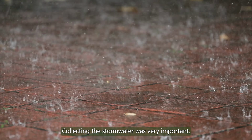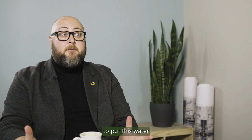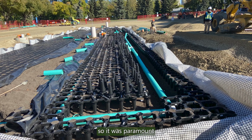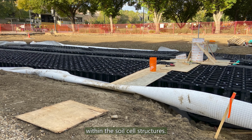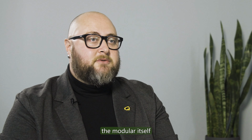Collecting the stormwater was very important. We had to find somewhere to put this water and have to design for a 1 in 100 year storm event. So it was paramount that we were able to hold as much of that water as possible within the soil cell structures. We chose Stratavault for this project for several reasons, but the main ones being the module itself